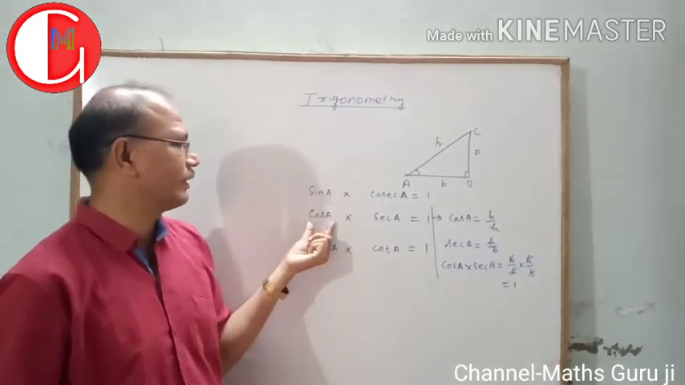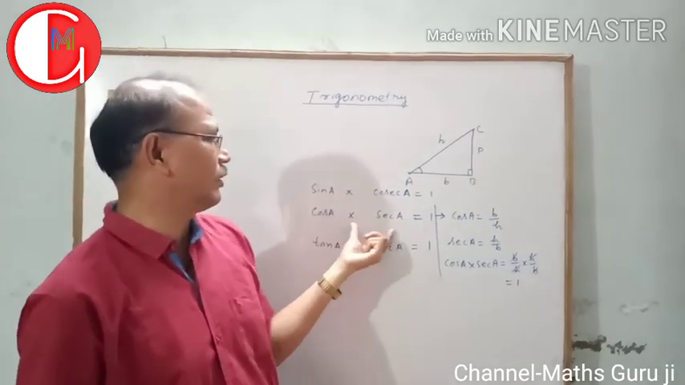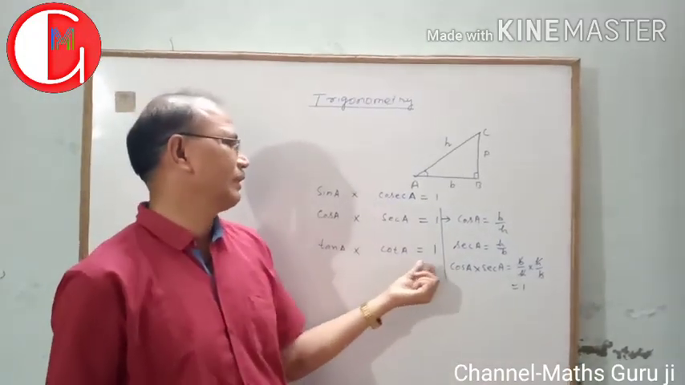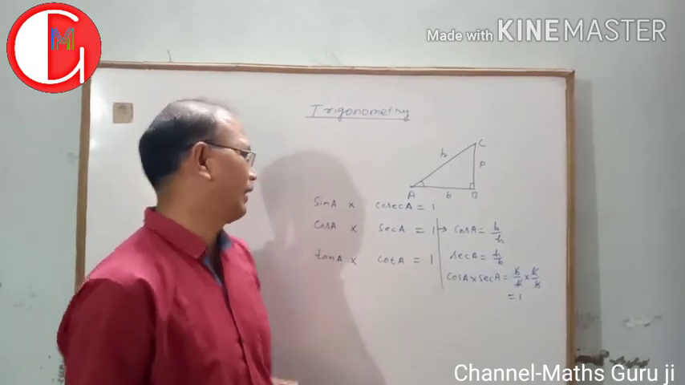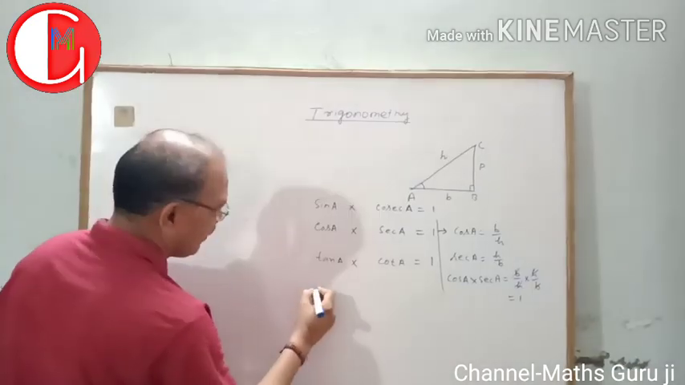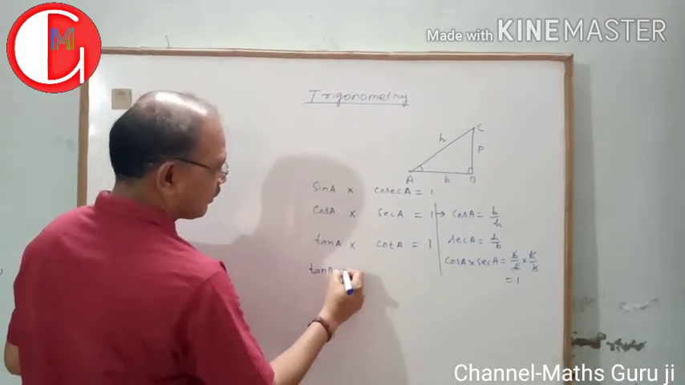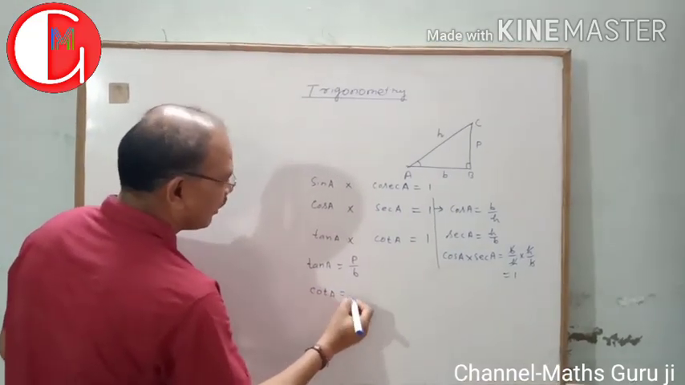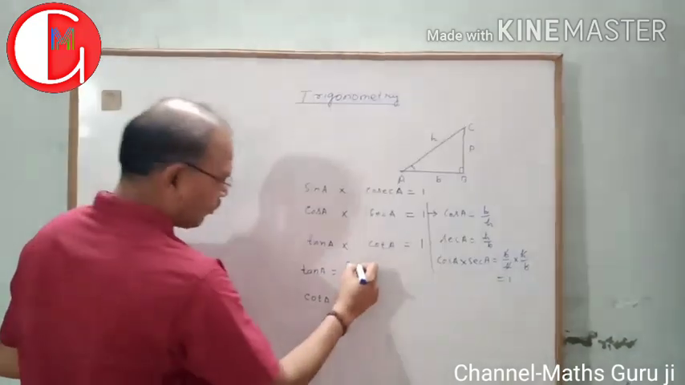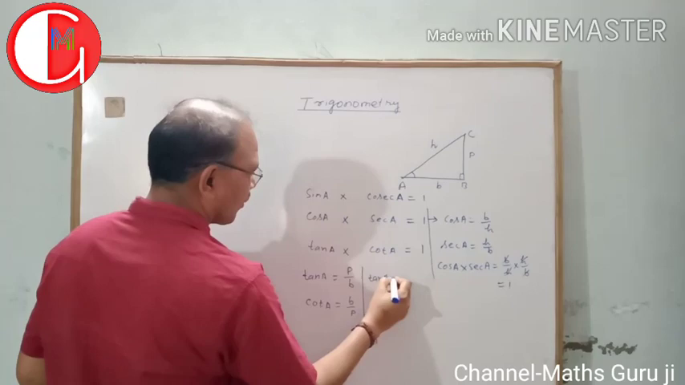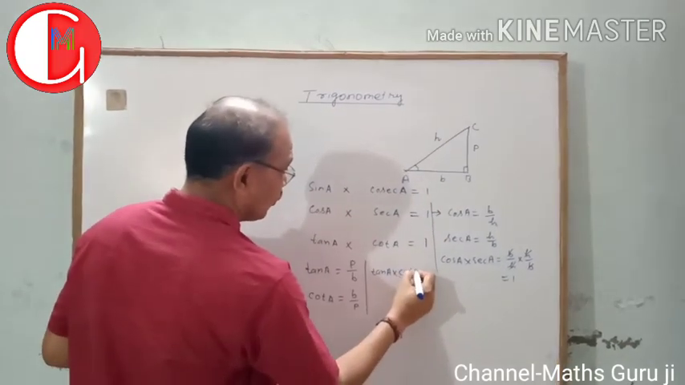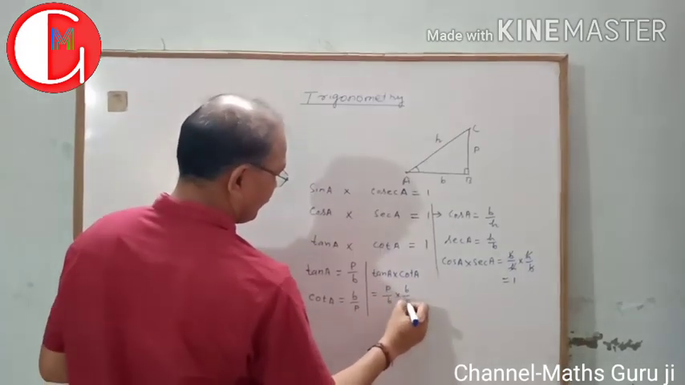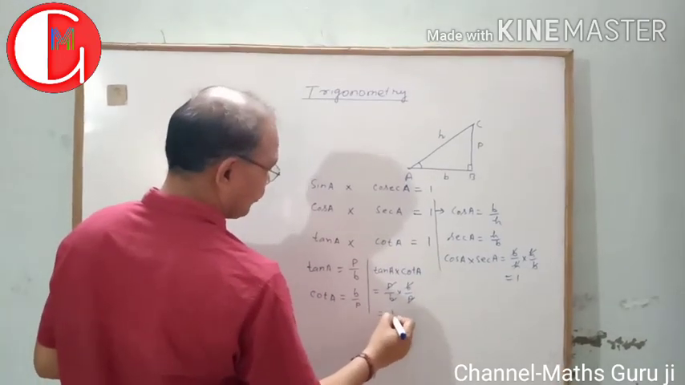कहने का मतलब ये है कि cos A और sec A का प्रोडक्ट जो है, गुणनफल जो है 1 के बराबर होता है, और tan A और cot A का गुणनफल जो है 1 के बराबर होता है। तो tan A अगर हम इसको करें तो tan A इक्वल टू P बाय B होता है, जबकि cot A इक्वल टू B बाय P होता है। अब इस दोनों का अगर हम गुणनफल निकालें तो इसका भी वैल्यू 1 ही आएगा। P कैंसिल हो जाएगा, 1।